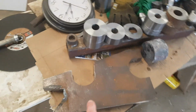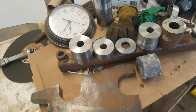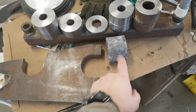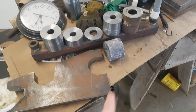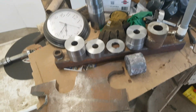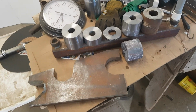So this is one set of the bucket end that I've got set together here. And then these are all my bosses and bushings and whatnot. So my PC-200, I repinned that thing, repinned and rebushed it year before last, I guess. And this is actually all this stuff here, with the exception of that there, came out of some of those pins. They were 90 mils and I needed 3 inches, so it worked out pretty good, except I ran into